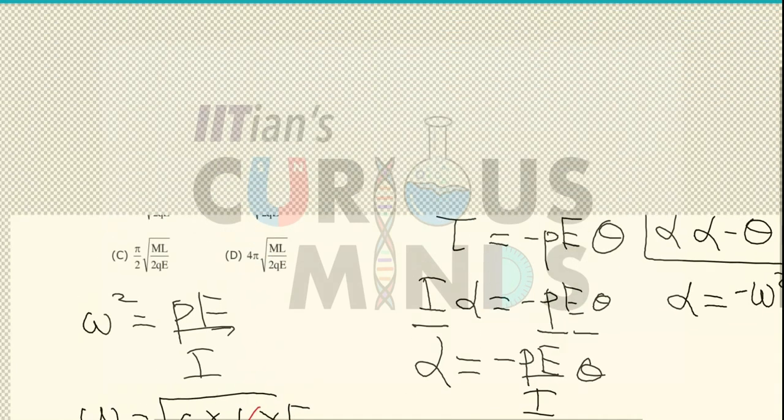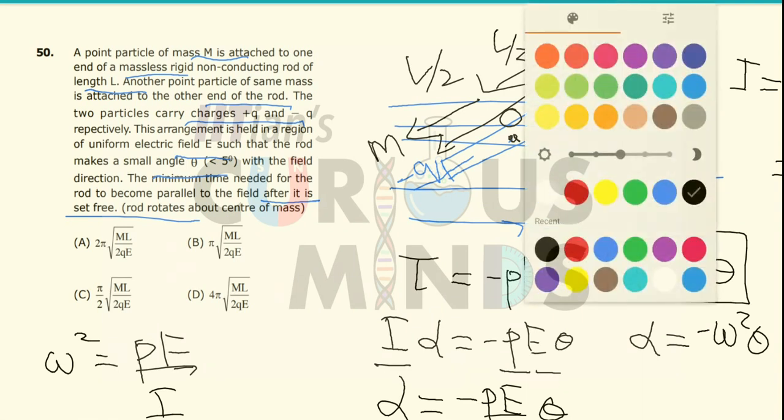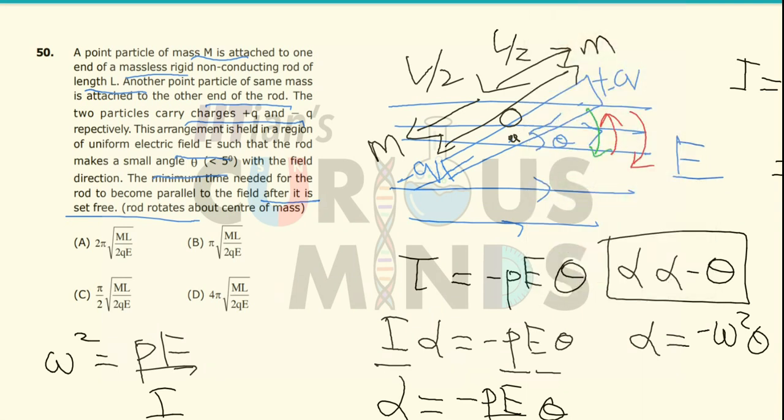Now what they have asked is the time it requires to return to its original position. So in this entire SHM, first the rod will arrive at its equilibrium position, then it will move down by the same angle theta, then it will again return to its equilibrium position and again move to its initial position. So the entire time period T is the time required to return to the equilibrium position, then cover the same angle at the bottom, then again return to the equilibrium position and then go to its initial position.